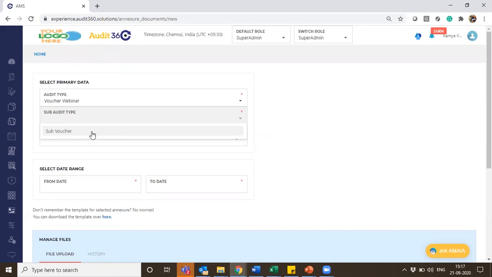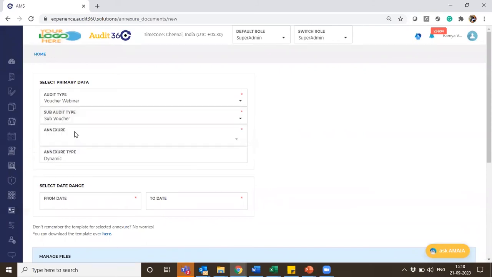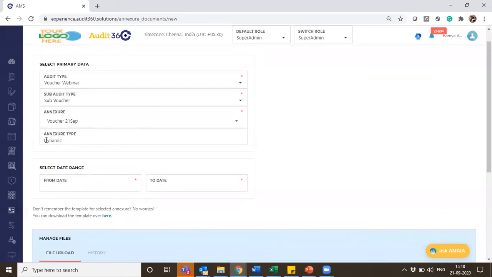For example, when I'm checking an asset verification, the volume, the asset ID, all that is part of the asset file. I cannot club an asset file with the customer data and do an upload, because passing the information this way is also difficult. Hence, it is important to do a sub-audit level upload. I've chosen the sub-audit here, and I am giving the annexure which is part of it, and by default it is taken as dynamic based on the configuration we have done.